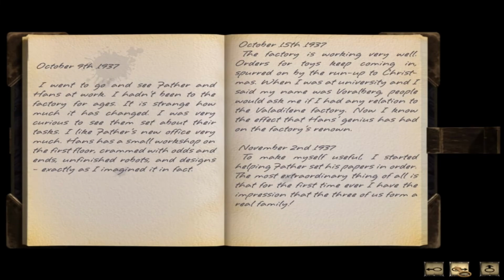October 9th, 1937. I went to go and see Father and Hans at work. I hadn't been to the factory for ages. It is strange how much it has changed. I was very curious to see them set about their tasks. I like Father's new office very much. Hans has a small workshop on the first floor, crammed with odds and ends, unfinished robots, and designs,